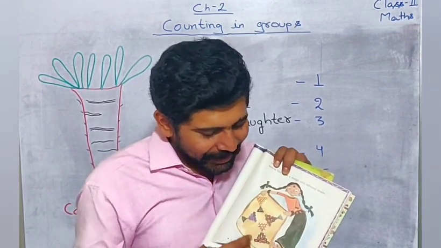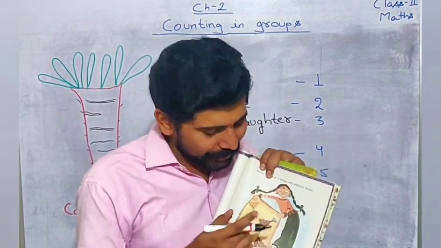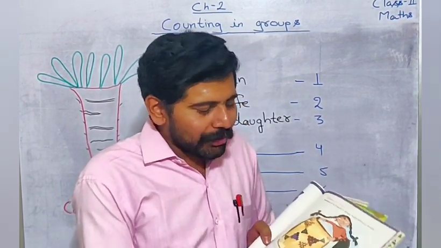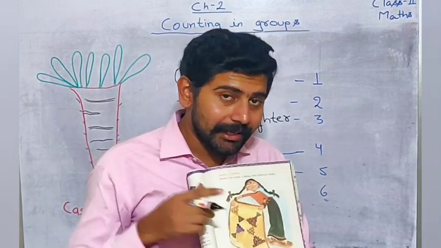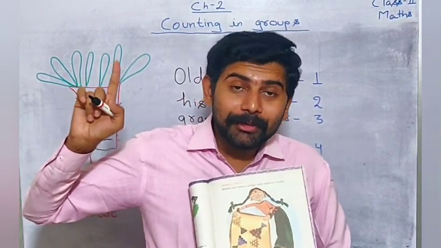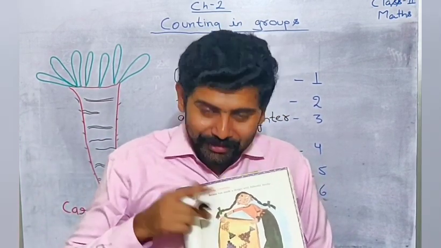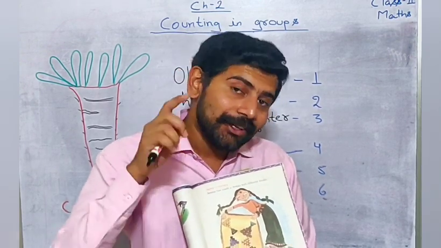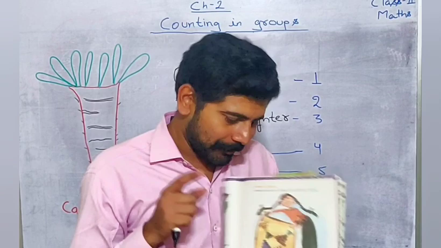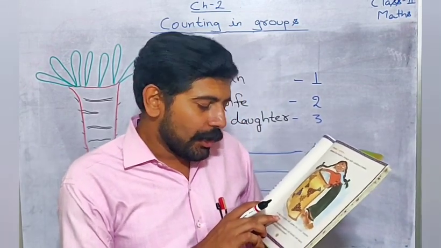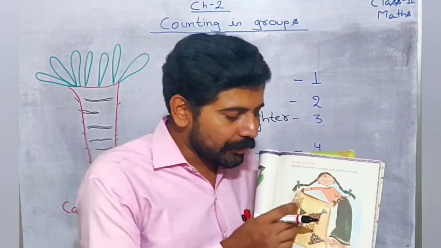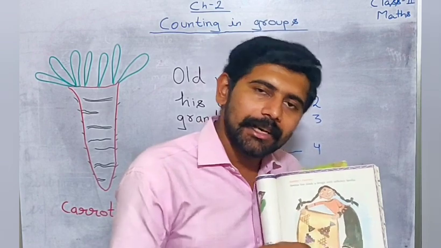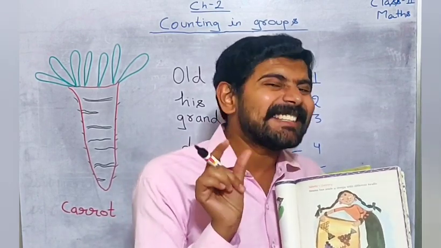Seema has made a design over a piece of cloth with the help of bindis. You can see all these are bindis. You have to calculate how many bindis are there. Like the first method that I told you, in the first line 1, then second line 2, then third line 3, then fourth line 4, like that. You will count all the bindis. Now she is asking, look at the groups and guess the total number of bindis. After looking at these groups, you will tell how many total bindis are there. Easy, na? You will do. It will take some time.